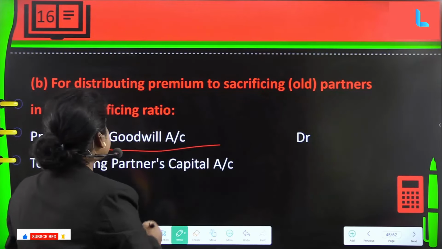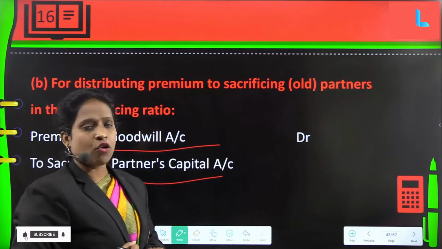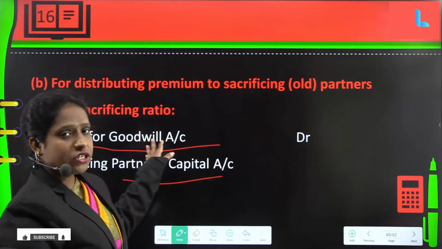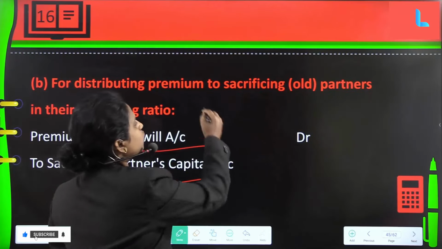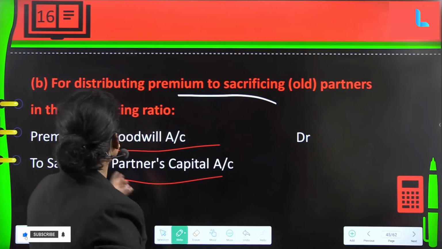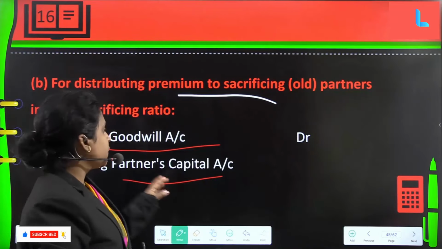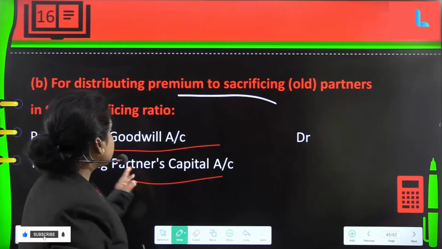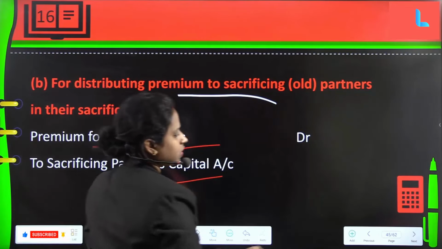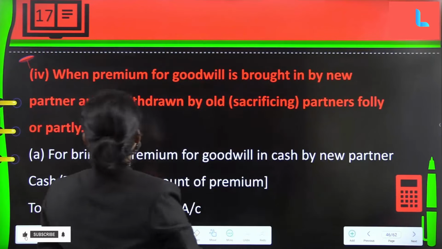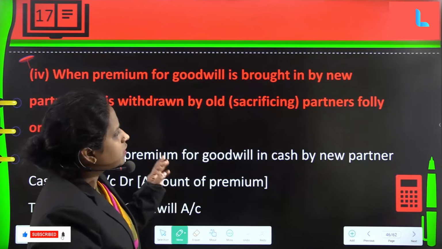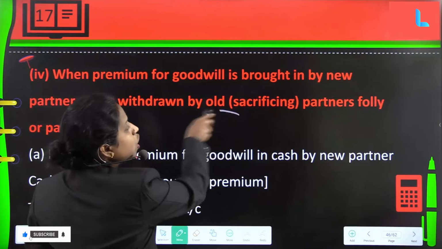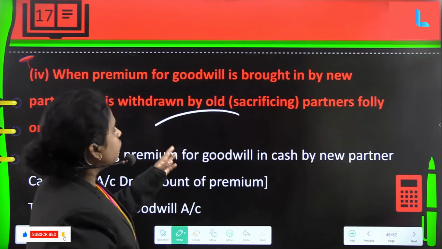debtor to sacrificing partners' capital account. So the entry we have to pass for the situation of distributing premium to sacrificing partners in their sacrificing ratio would be premium for goodwill account debtor to sacrificing partners' capital account. Then when premium for goodwill is brought in by the new partner and is withdrawn by old partners fully